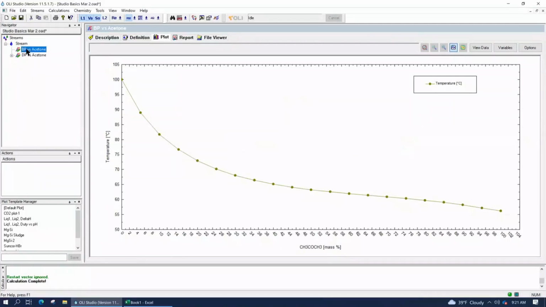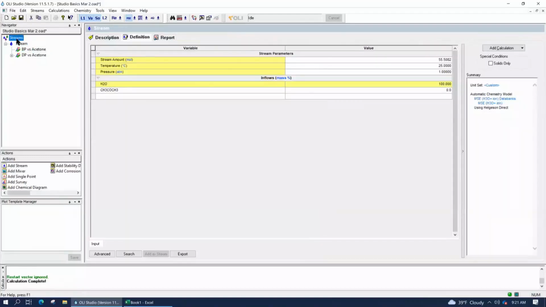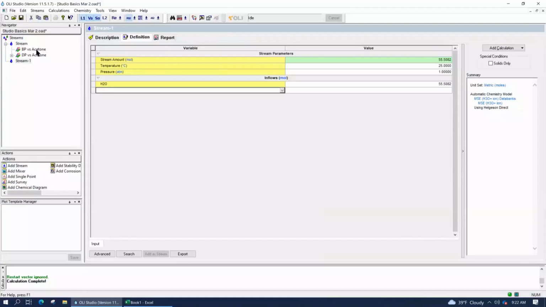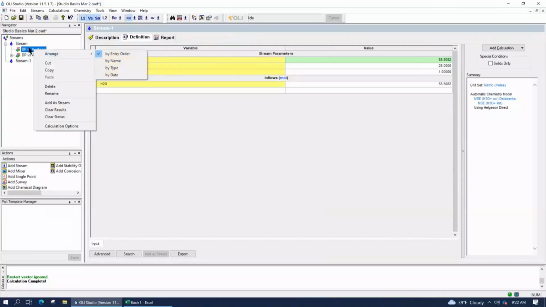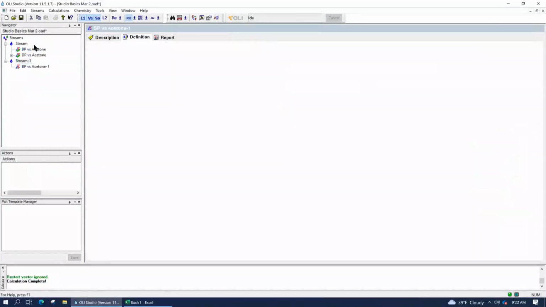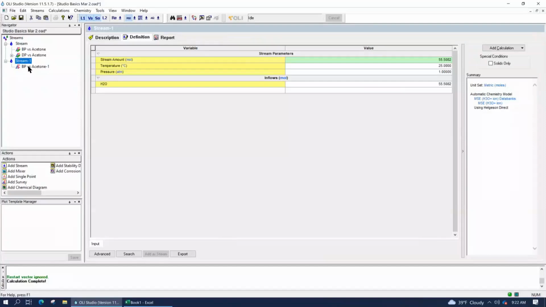One last thing I want to show you is that the copy and paste doesn't just exist within a stream. I'd like everyone to add a new stream. Okay, you can't add it when you're at the survey level, right? It's blank. So click back on the top level stream there. Add another stream. Right mouse click, copy again on your boiling point versus acetone. Copy it and then paste. So you can see once again that you can copy and paste not just within a stream, but across streams.